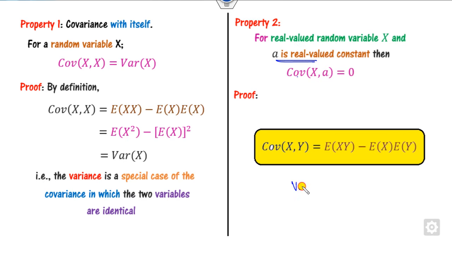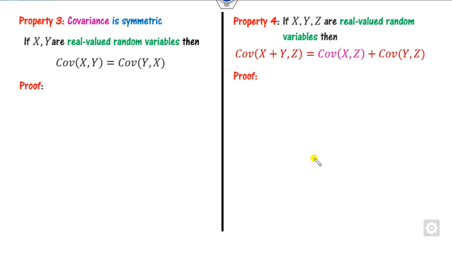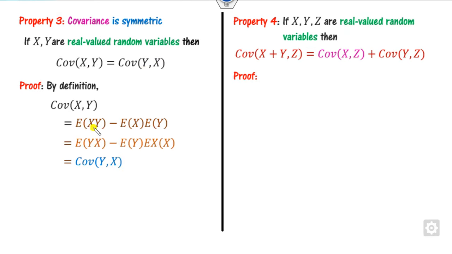We all know what is the variance of a constant value. That's 0. So what you can do, if you consider y as a in this, you can see what is here. This a is my constant, which is outside this. What is the expected value of a? That's a constant. It will be cancelled out. The answer is 0. The covariance is symmetric, that is the covariance of xy is nothing but my yx. That's a trivial option. You can see like here, which can be written as yx and xy, which are the same. Covariance is also additive.